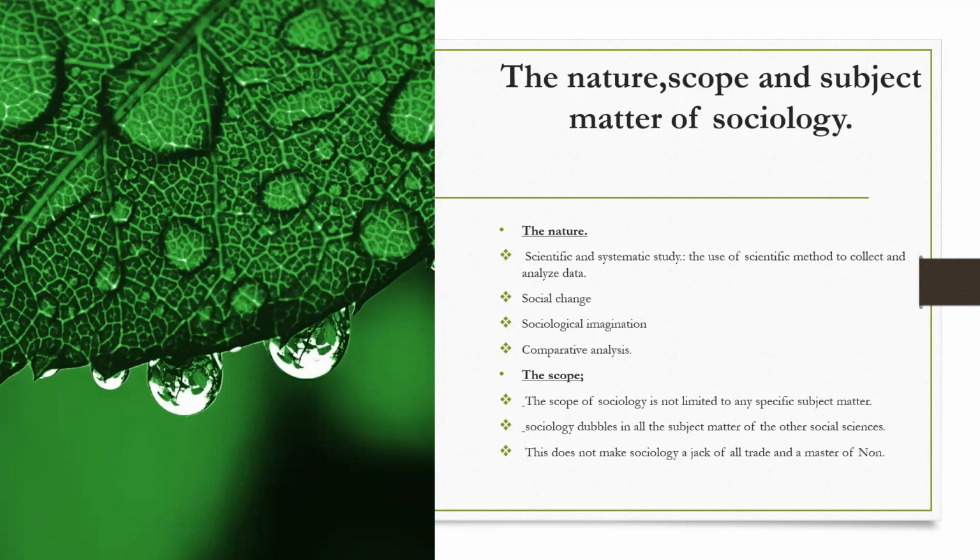Sociological imagination: the nature of the discipline is such that we get to know the relationship between the behavior of the individual in the society and the structure of the society. The sociological imagination was actually the term that was coined by Wright Mills, that we have to understand the behavior of the individual in the light of the social structure that the individual finds him or herself in.